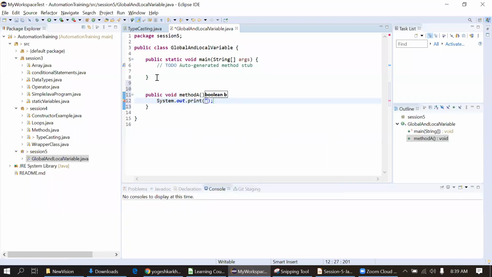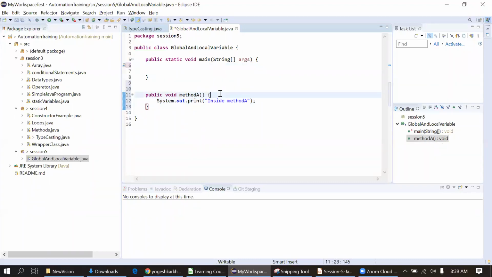Print or println, that's fine. I will just print inside method A. Okay, I will delete this commented code.